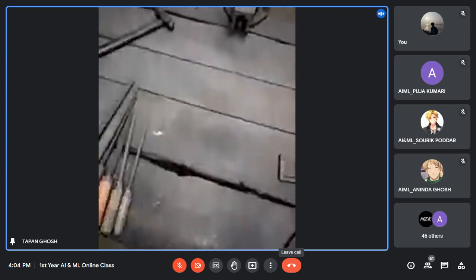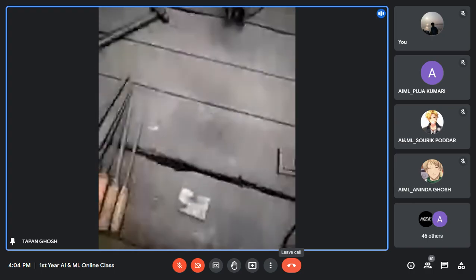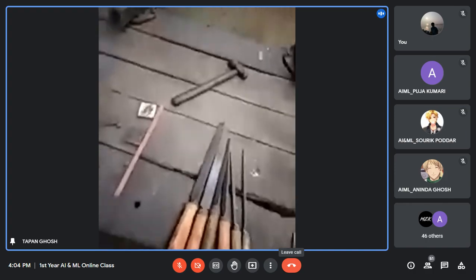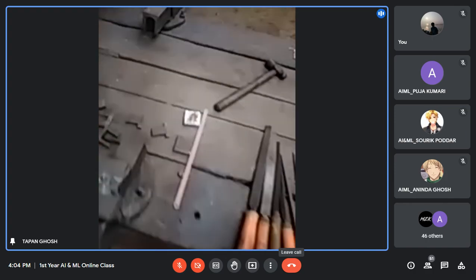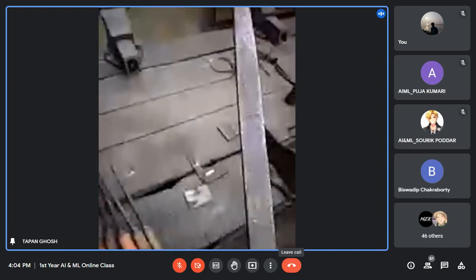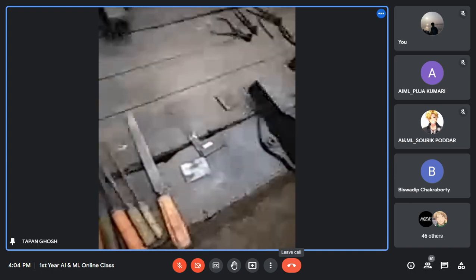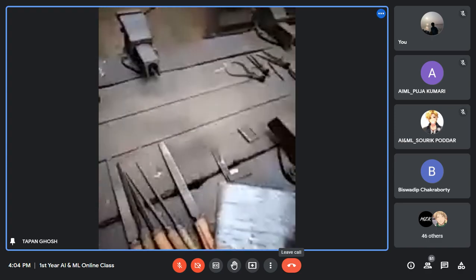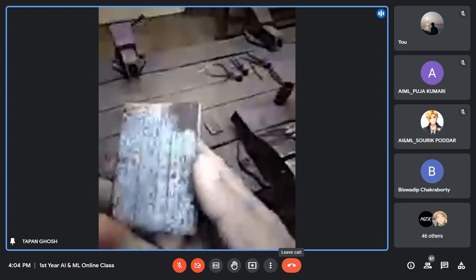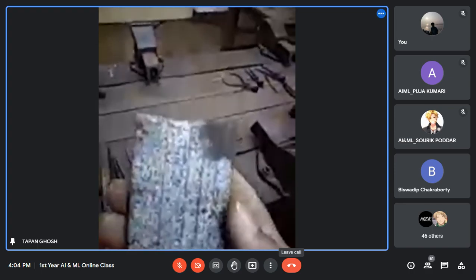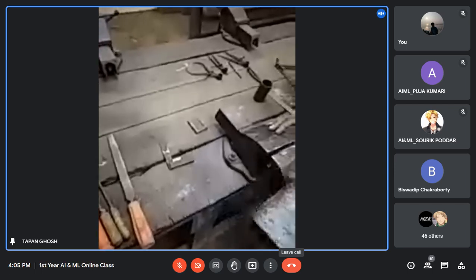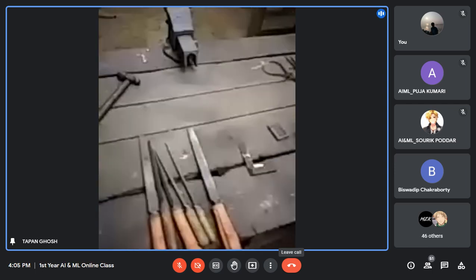And I will show you how to hold the job, how to cut with a hacksaw, and how to remove material with the files. Hold on for a second. Before that, first you have to supply the drawing, and then as per the drawing you have to remove all the sides, make them smooth, and make them 90 degrees.